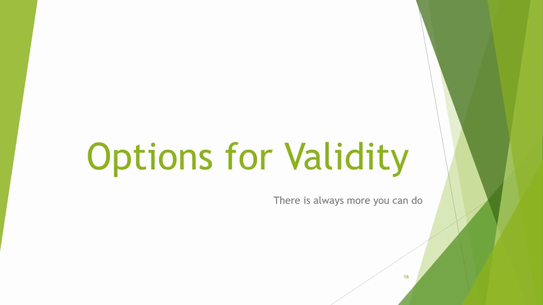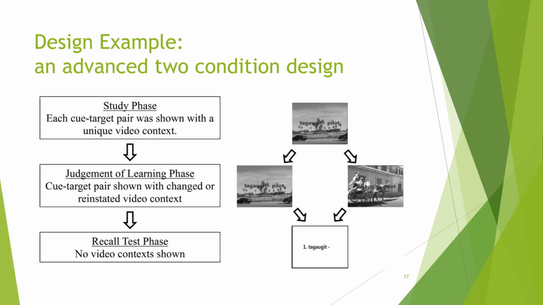All right, so what options have we got for making our research more valid? We're going to start off by taking a look at an advanced two-condition design. And really this is an experiment where you have two conditions, an experimental condition and a control condition. But there are some things we did in this experiment that made it a little bit more valid than your standard two-condition design. In this study, we were teaching people some words in the language Tagalog, which I believe is